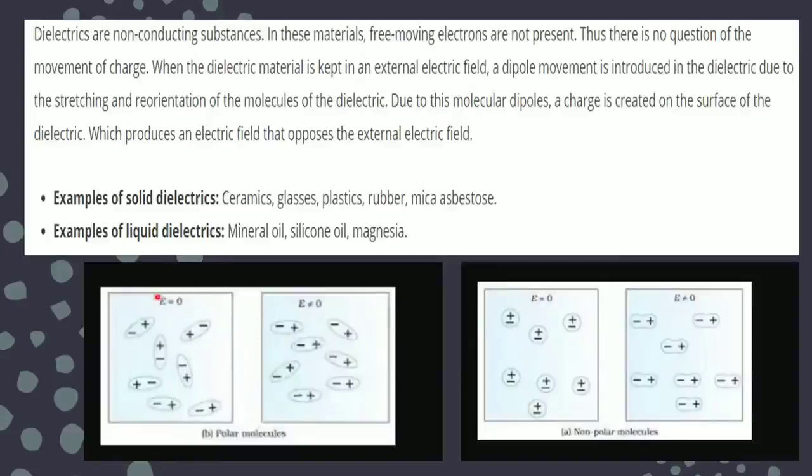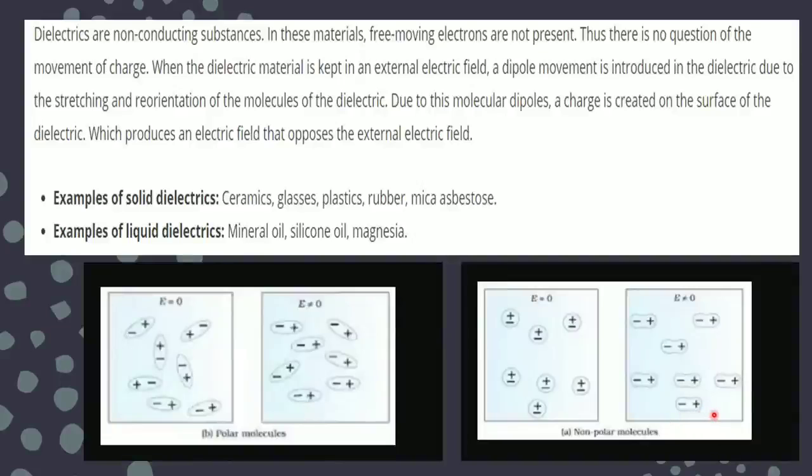Here the electric field is taken as 0, it means no electric field is there. Now here I have written E is not equal to 0, it means we are putting it in some electric field. And when we put it in some electric field, they will always tend to move themselves along the direction of the electric field. So they will orient themselves. Here also, if there is no electric field, they are lying over each other. But if I put them in the electric field, they will also orient themselves in the direction of the field.